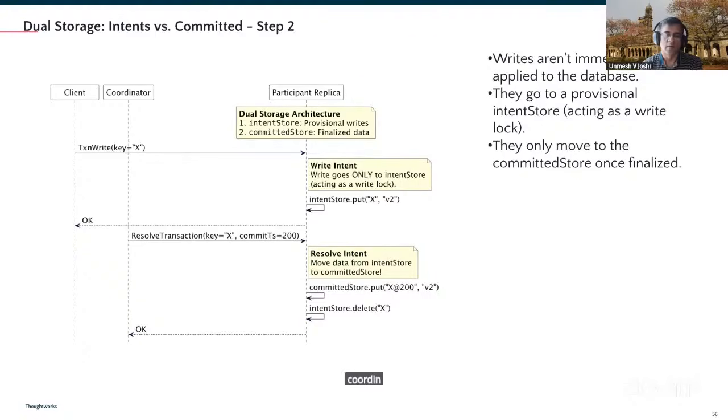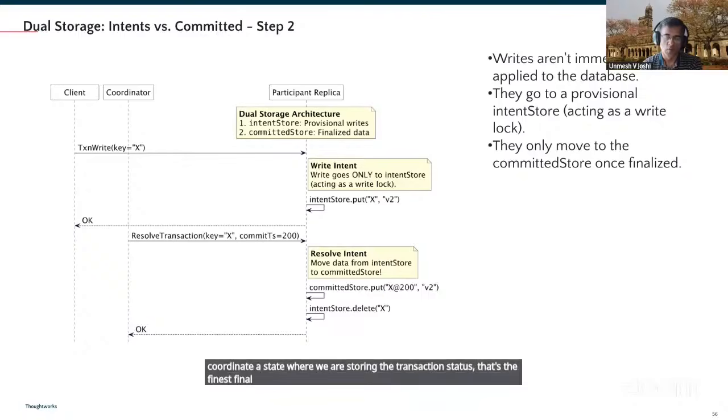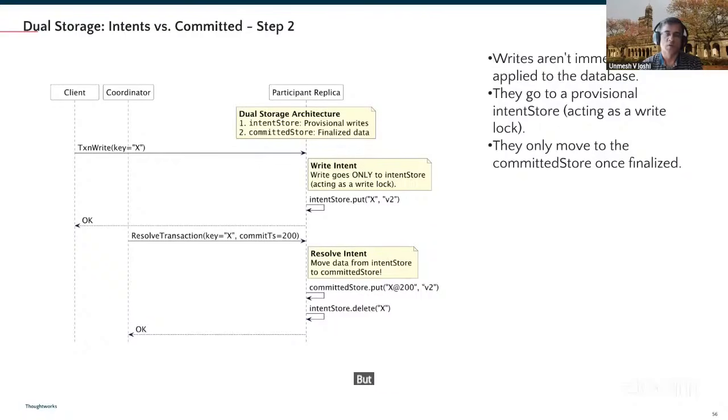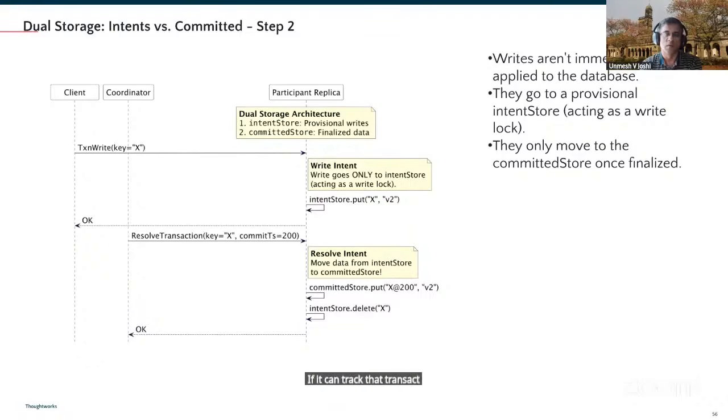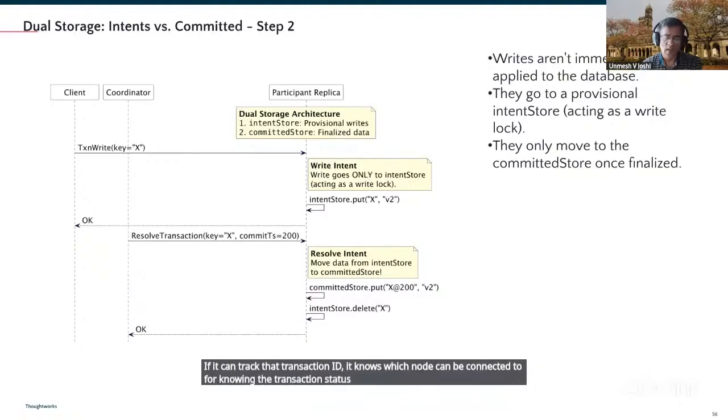Coordinator state, where we are storing the transaction status, that's the final source of truth. But participants also know which node is acting as a coordinator, because you choose the coordinator based on the transaction ID and the intent records that you store on participants. If it can track that transaction ID, it knows which node can be connected to for knowing the transaction status. And so